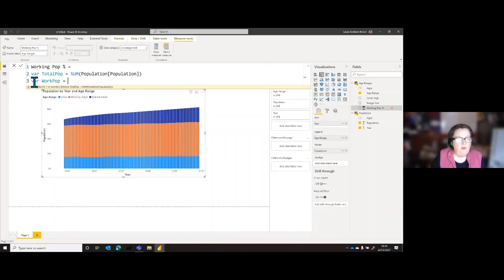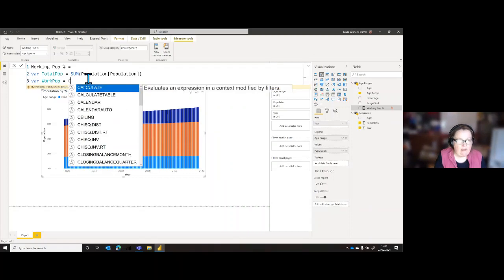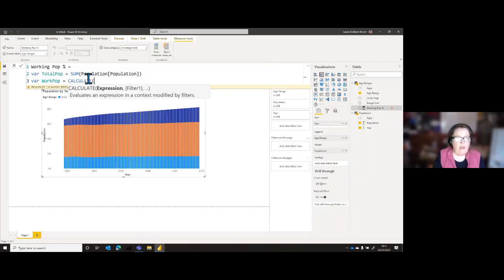We're going to go for the working population, so a calculation that's filtered. To do that, you use a function called calculate. Calculate says, what do you want to do and how do you want to filter it?